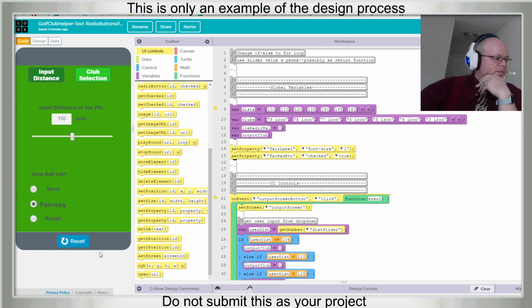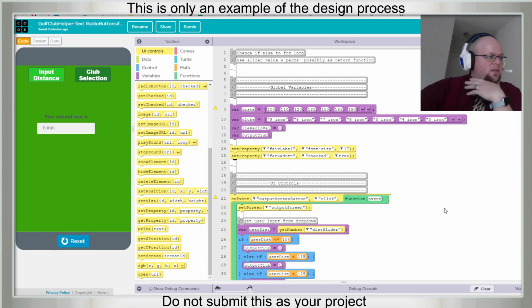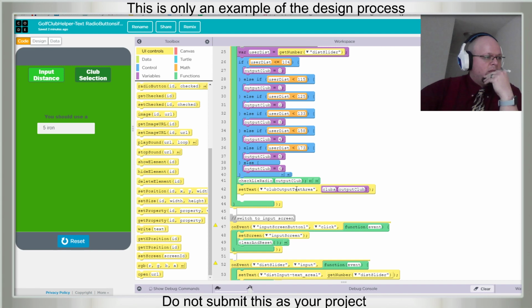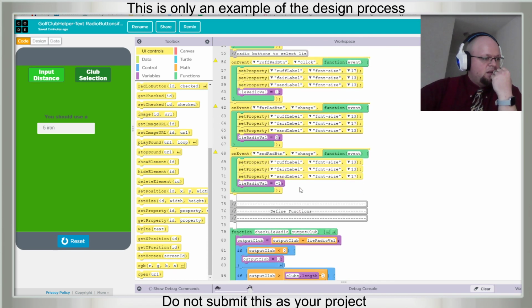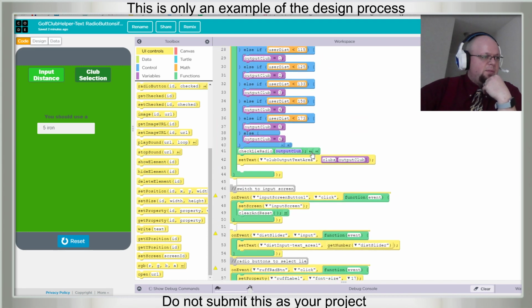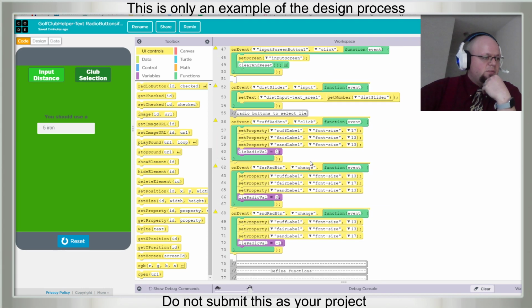We have, okay, are we still trying to break it? I can't remember. Clip selection 5, this should make it 4. Okay, so that's not working. Live radio value. I don't know if we need a parameter here, but yeah, I don't think we should send a parameter because it's a global variable.